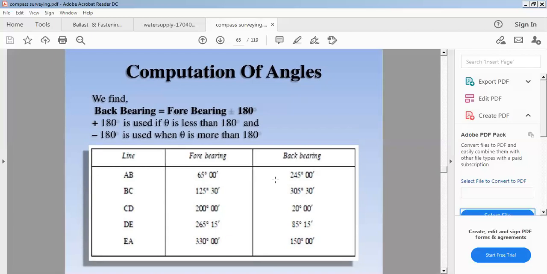Now tell me the second one, 125 degrees. So what will be the formula for this? Sir, same. Same. Yes, sir. Okay. And the third one,